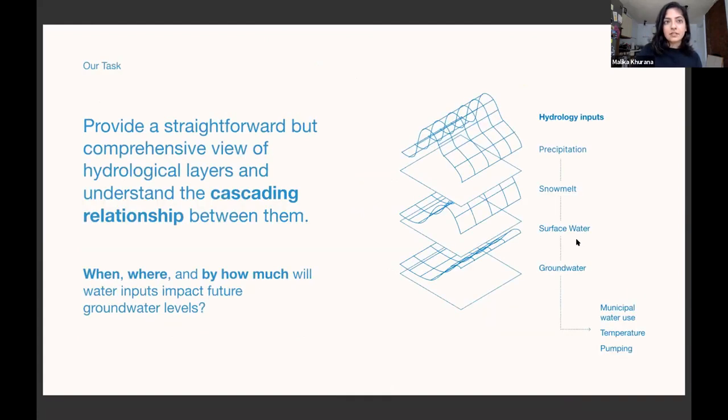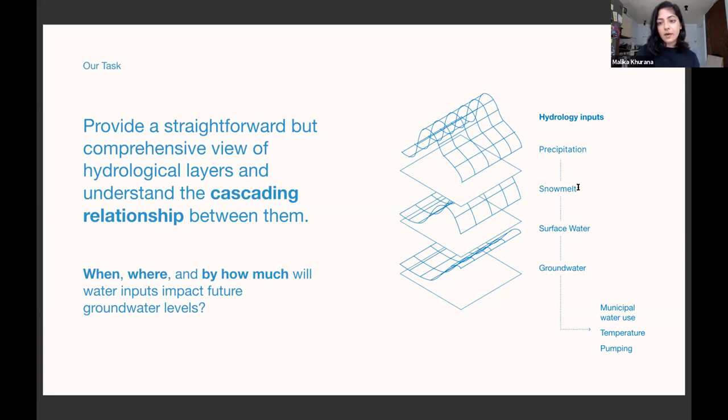So the task that we set for ourselves is essentially to bring all of these data layers of water together and provide a straightforward but comprehensive view of these layers so that we can start to understand the cascading relationship between them, the kind of cause and effect between, you'll see on the right,